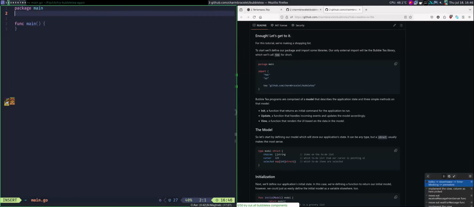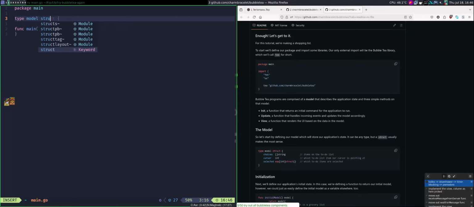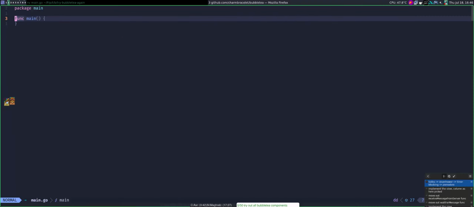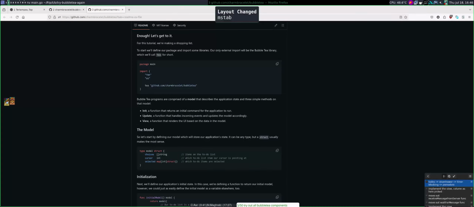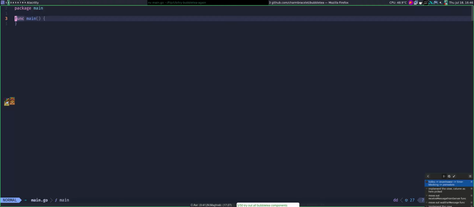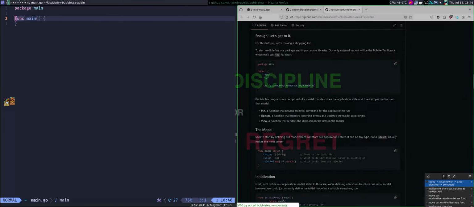Okay, so let's make the model, and I think copying the code. Wait. Okay. This, we got maximize.